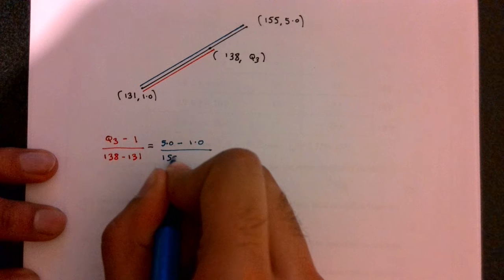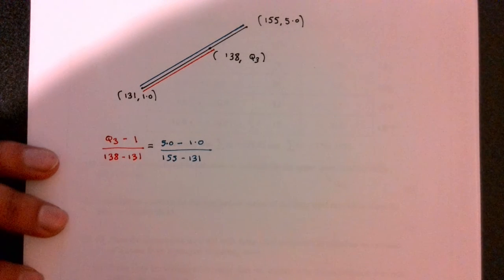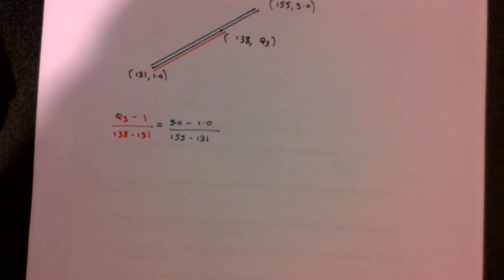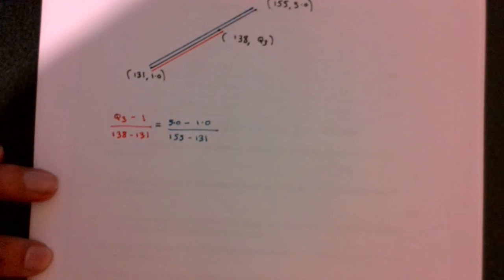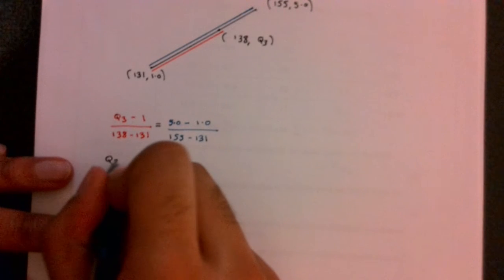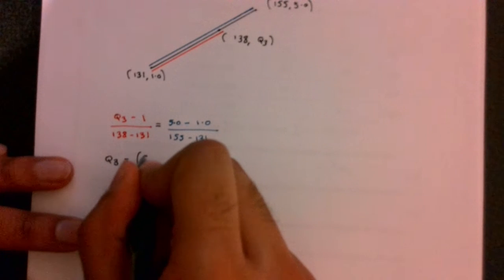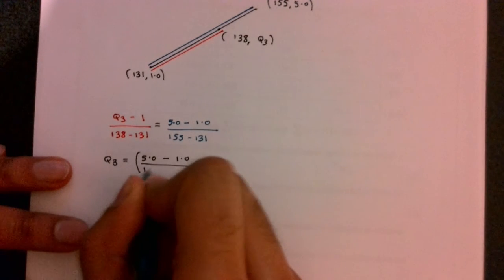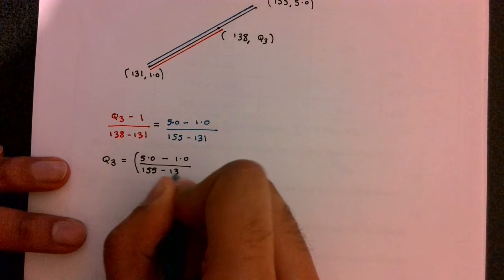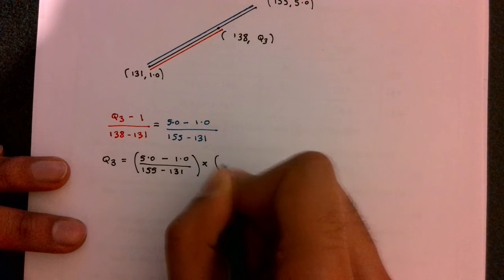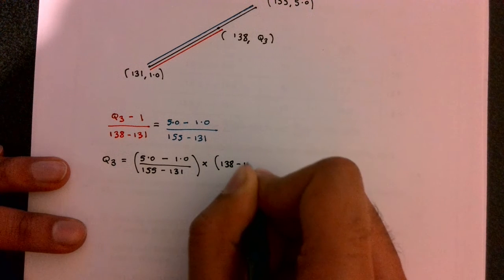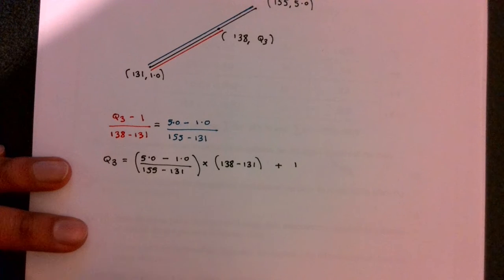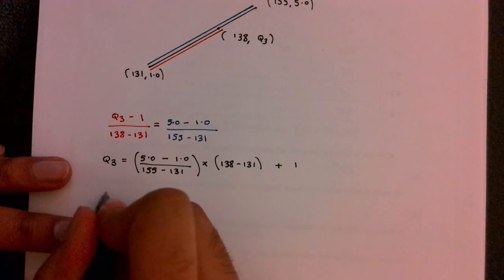So we have 155 take away 131, and essentially we're solving for Q3. So for Q3 will simply equal 5.0 take away 1.0 over 155 take away 131, multiplied by 138 minus 131, plus this value of 1. So the value of Q3,